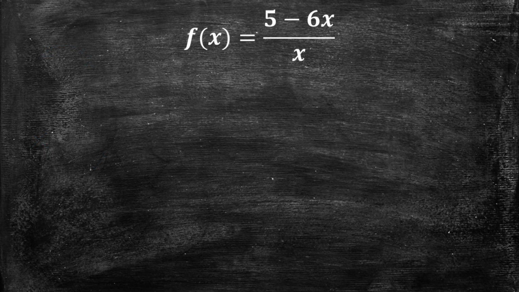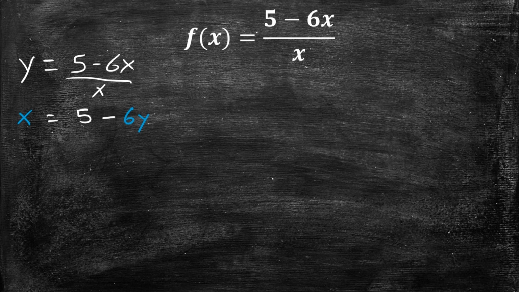Example number 3, we have f of x is equal to 5 minus 6x all over x. So we begin, like always, we're going to just rewrite this and switch the f of x to a y. So y is equal to 5 minus 6x all over x. And now we swap our x's with our y's. And we've got to remember that every x gets switched with a y and every y gets switched with an x. So we get x is equal to 5 minus